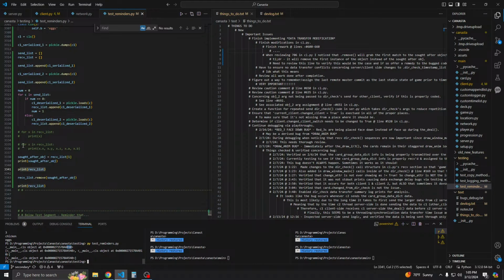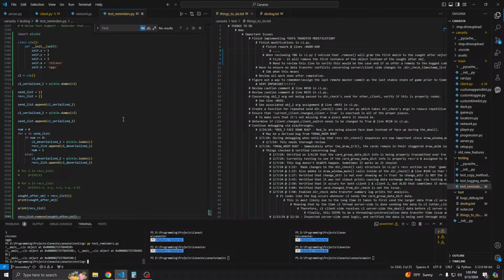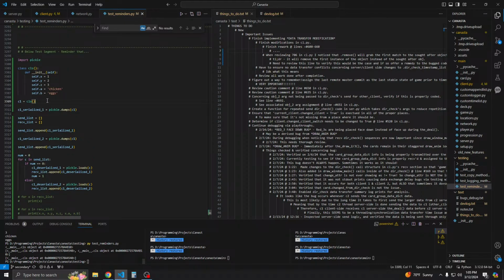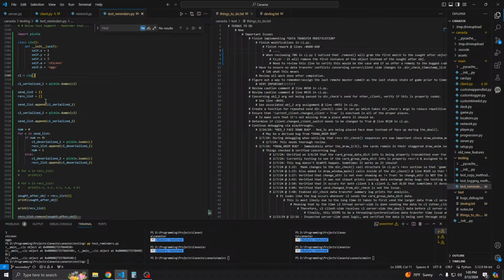Then we call remove on the receive list, removing the sought after object, which should remove B10, and as you can see, it did not remove the first object, even though the first object has the same exact attributes and all that as the second object. There's literally no difference between them. They're actually the same object, but because we serialize them,